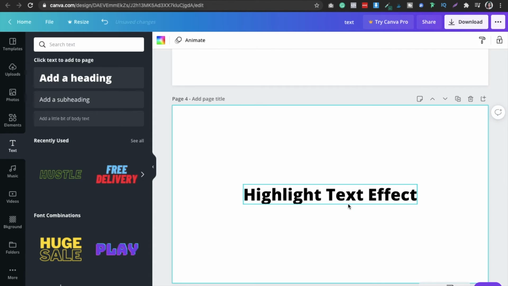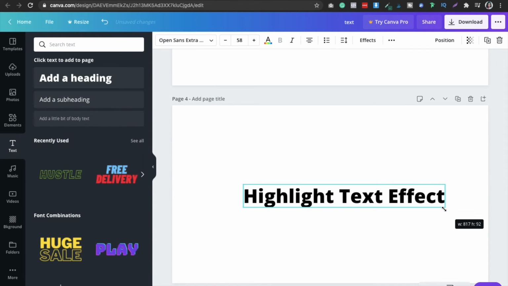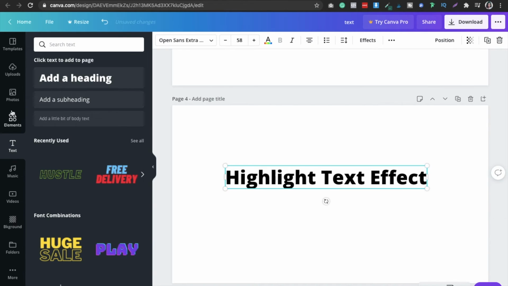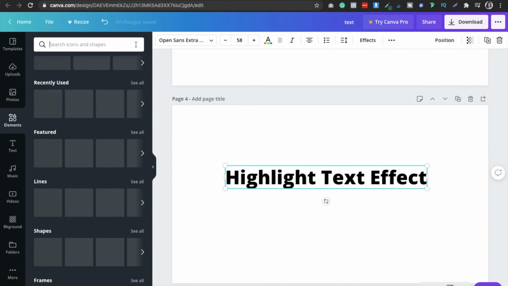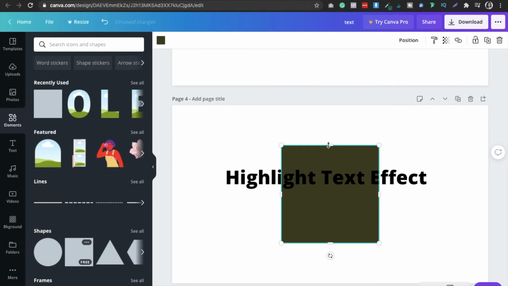Let's say this is the one. Just increase the size as much as you want. After that, go to the elements, not frames. Just go to the shapes and select the square one.